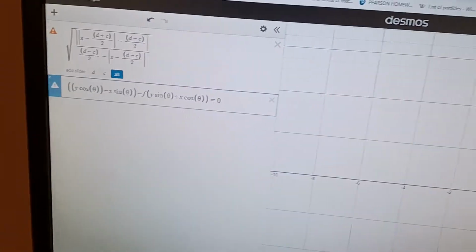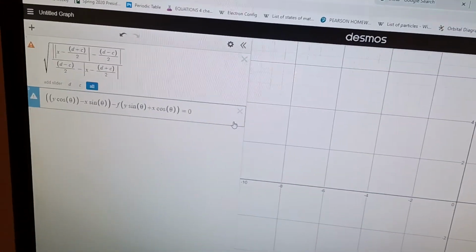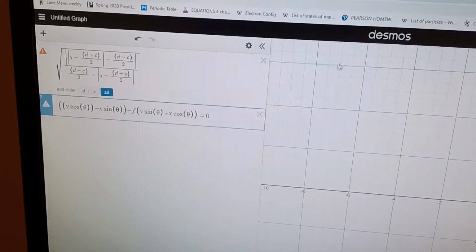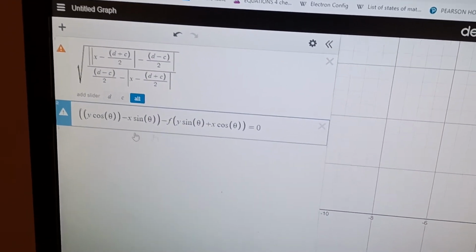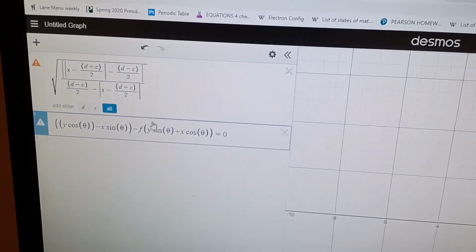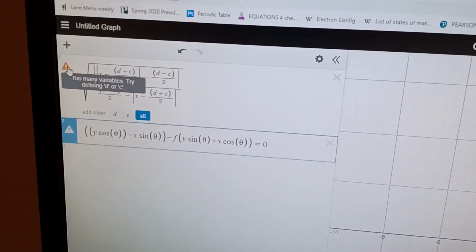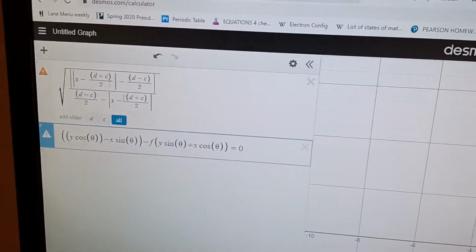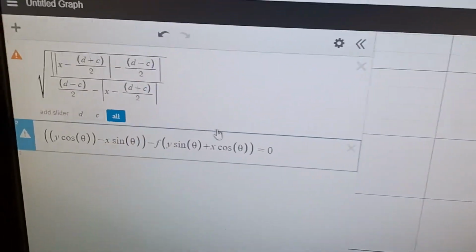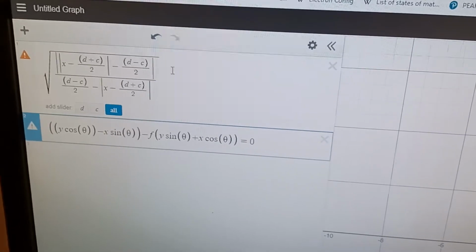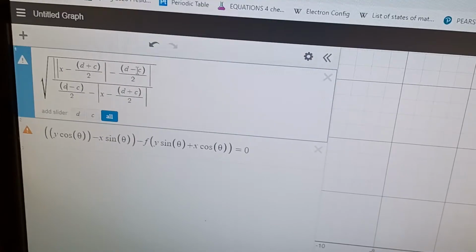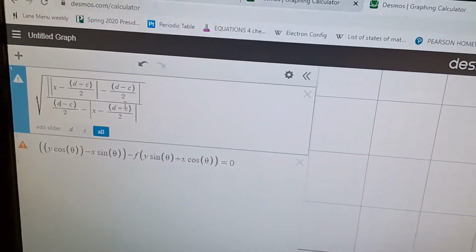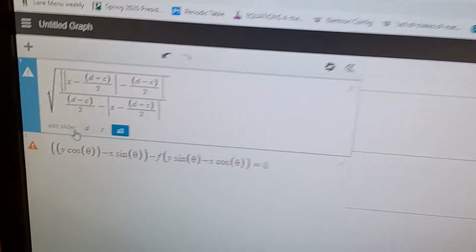Okay, so this is just a quick little video on how to make an animation inside of Desmos, the online graphing calculator. These two functions here are what we're going to be using. They both have these little exclamation points, too many variables, but that's going to be okay for now. Basically, this big thing up here is the giant square root. All of this is going to allow us to actually make the animation when we eventually add a slider for